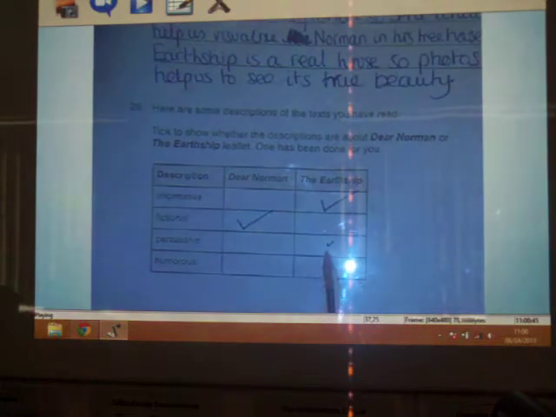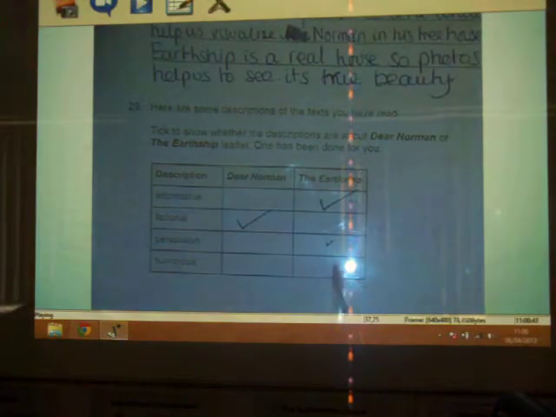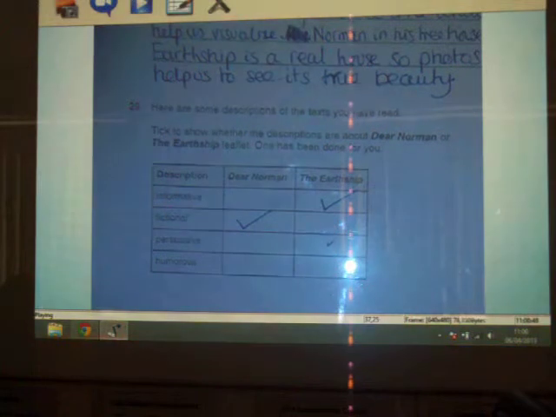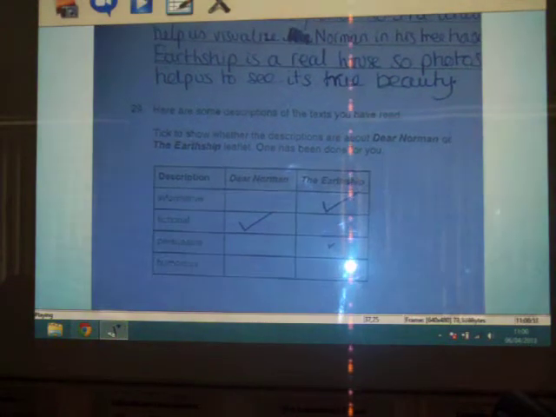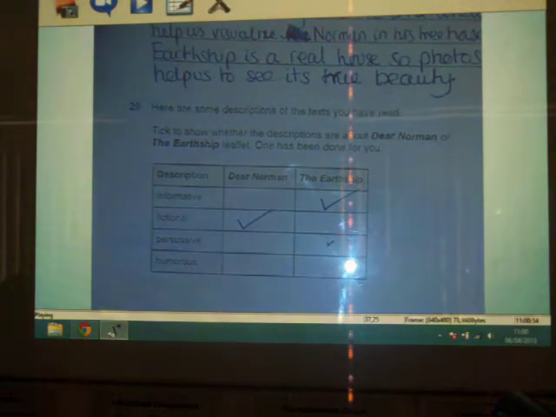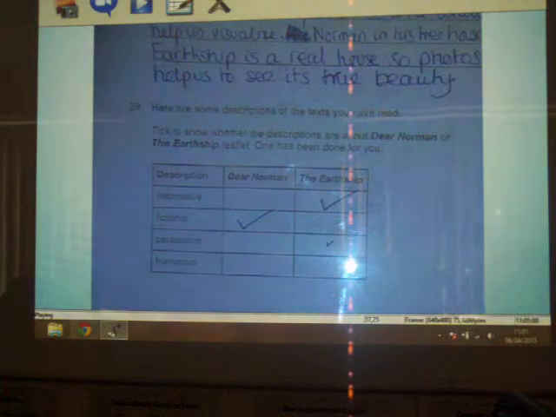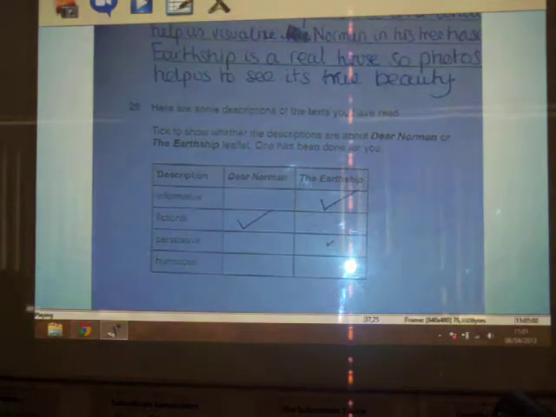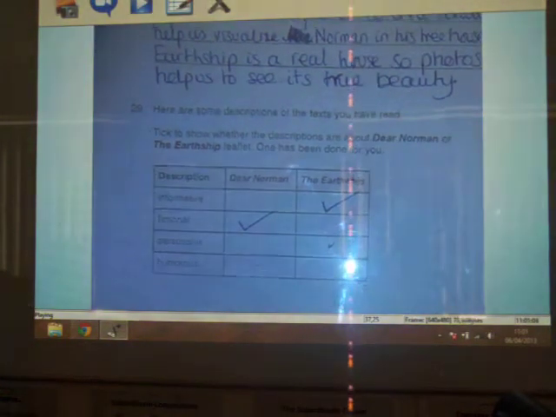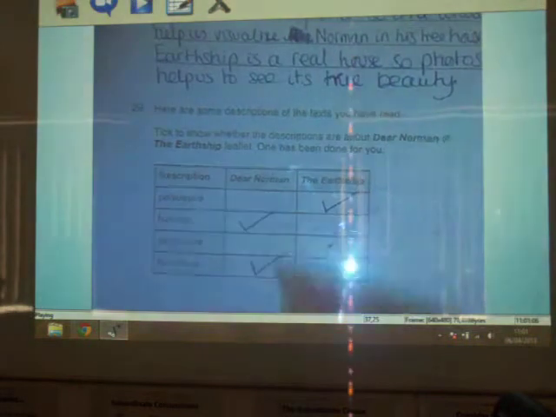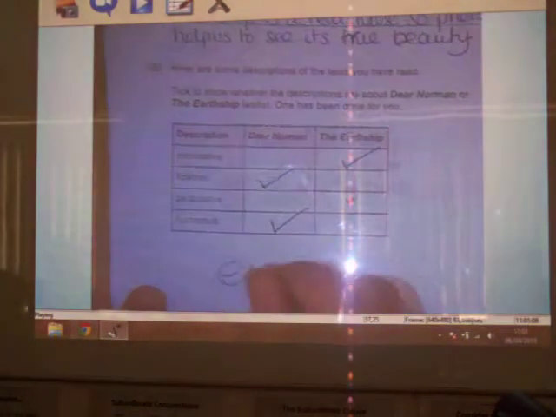That's trying to persuade us to buy one, get one, and live in one. Humorous. Okay, humorous, right. What does the word humorous mean, Amber? Something which is funny. So which one of those two texts is funny? The one, yeah, because his sister's taking the mickey out of him. His mother and father taking the mickey out of him. So that is humorous. Okay, folks, that's the end